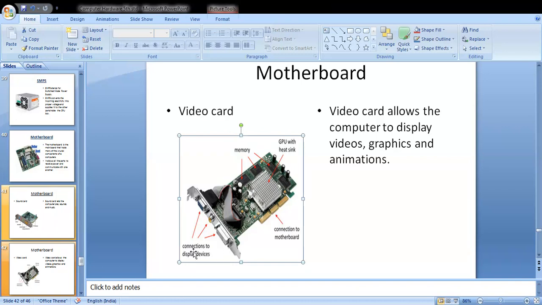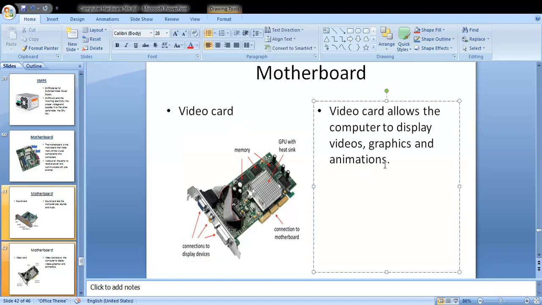Then there is the connection to the display device, meaning you have to connect pins here by which you can see images on the monitor, and your web camera and other devices you can connect or plug in here. The video card allows the computer to display videos, graphics and